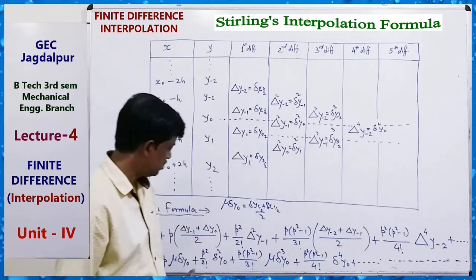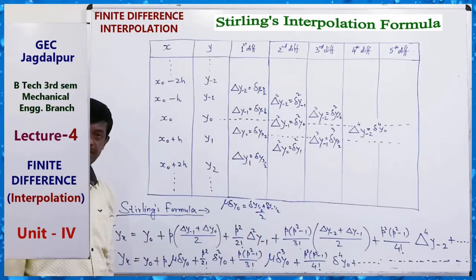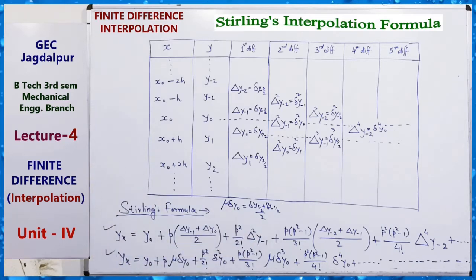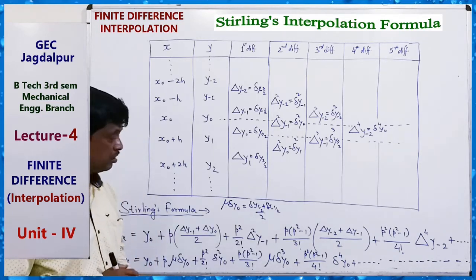And even order, sample take difference. And the value of p is like this. Okay, so the formula can be written like this or like this. This is the Stirling formula. Very, very important. Note down this. This formula is used for